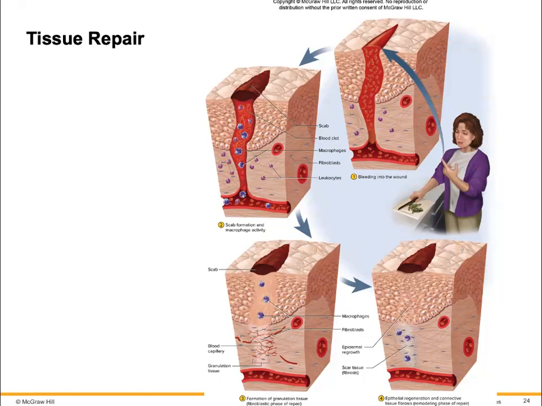You'll get new collagen being produced, and after about 3 to 4 days of injury, this will start, and it'll last till about 2 weeks. And then the epithelial tissue in the surface around that wound would multiply, migrate below the scab as the tissue's regenerating. And then the underlying connective tissue can undergo fibrosis, where you'll get some scar tissue, and it may